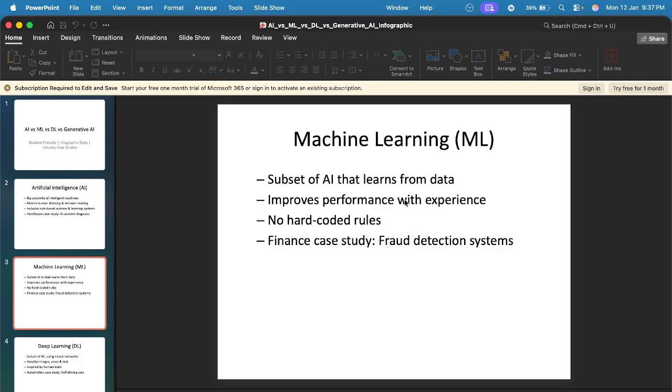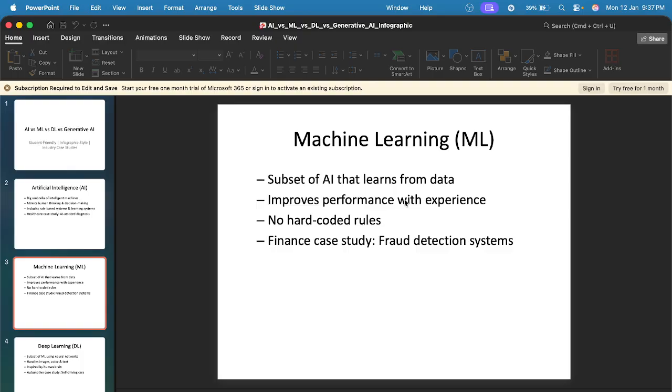Almost one or two months ago, China made a revolutionary AI model for healthcare. It can detect any type of disease in just a second, whereas an expert doctor takes 10 to 12 minutes. So that's a revolutionary invention in the medical field by China.